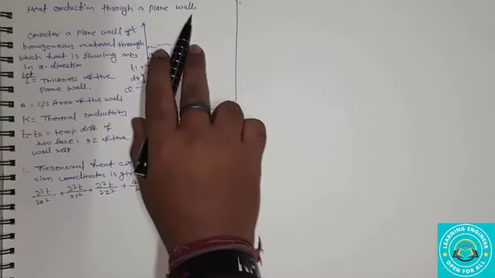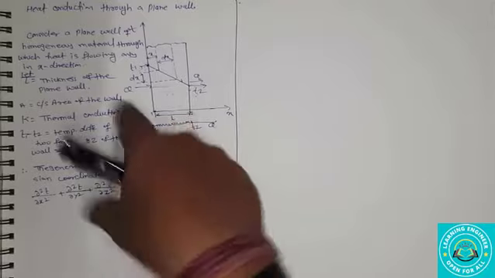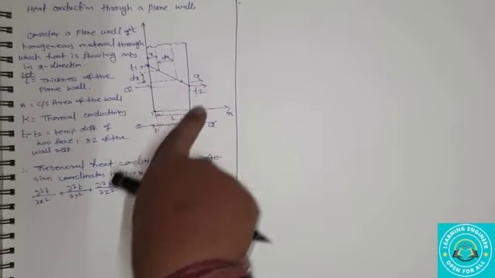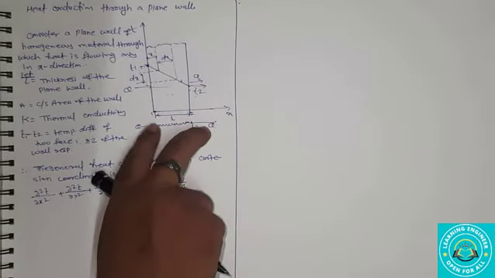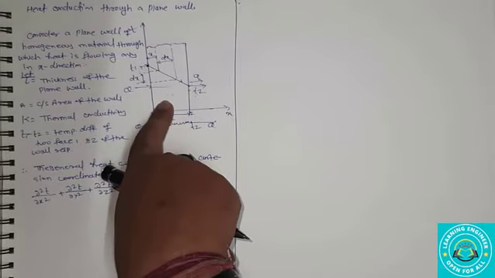Heat conduction through a plane wall. I'm considering a wall which is made up of homogeneous material through which heat is flowing. Let L be the thickness of this wall, A is the area of cross section of this wall,